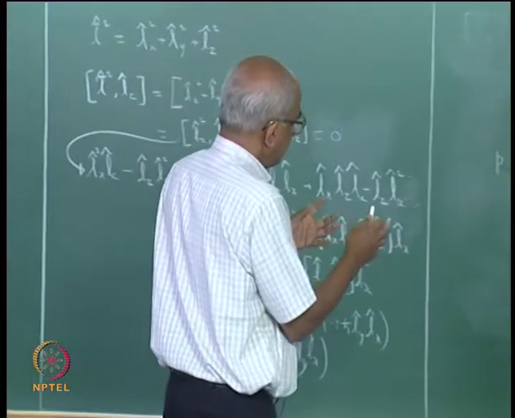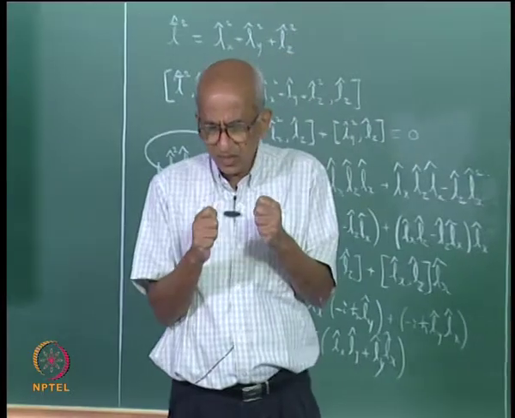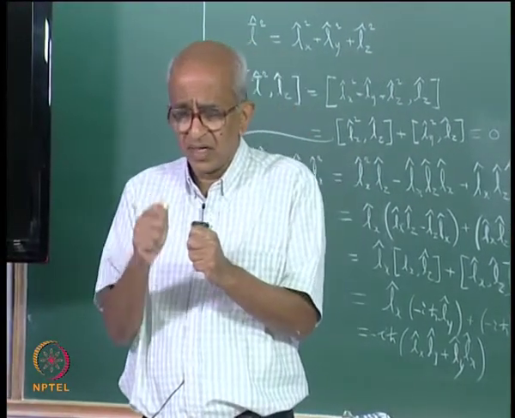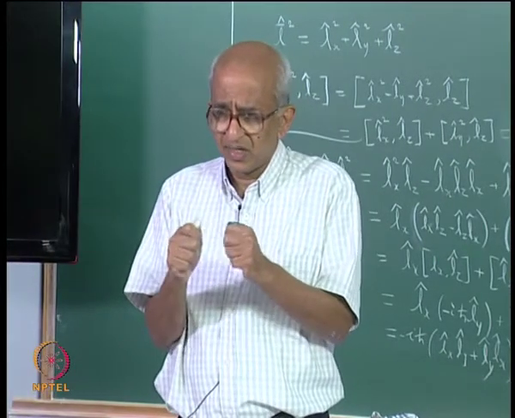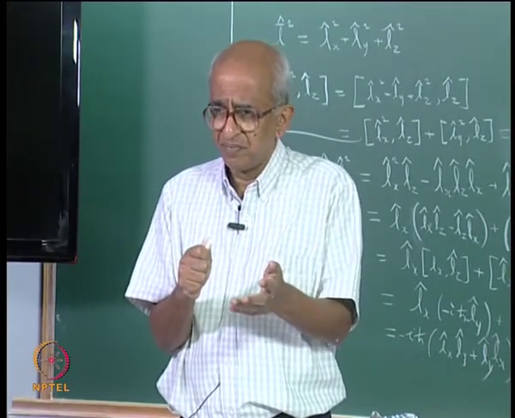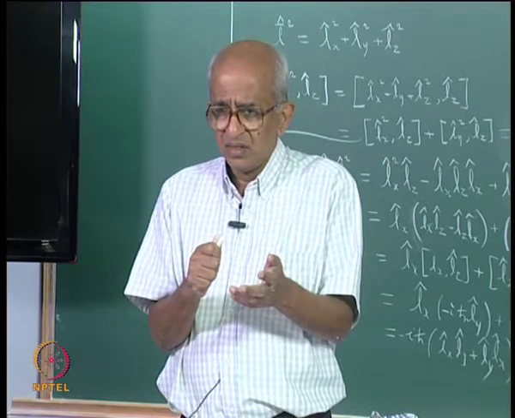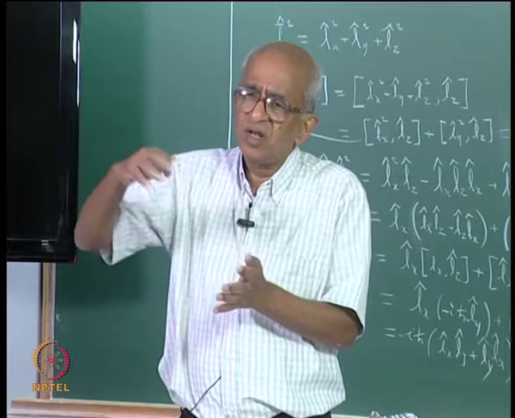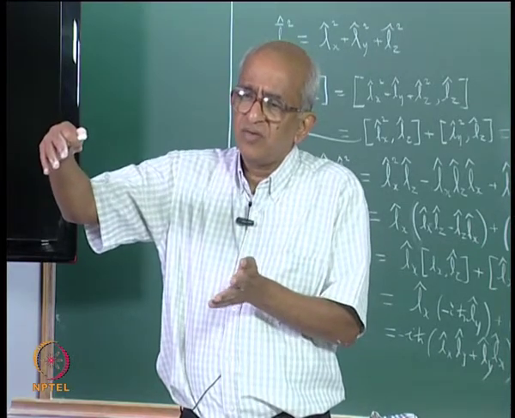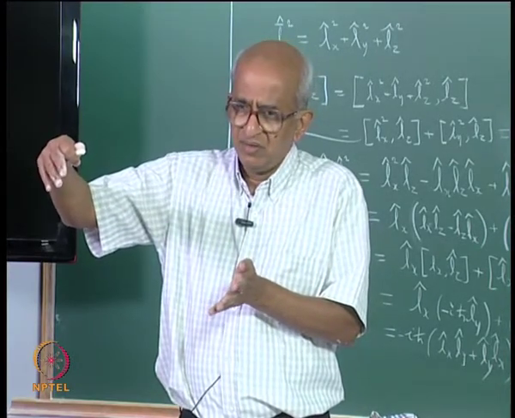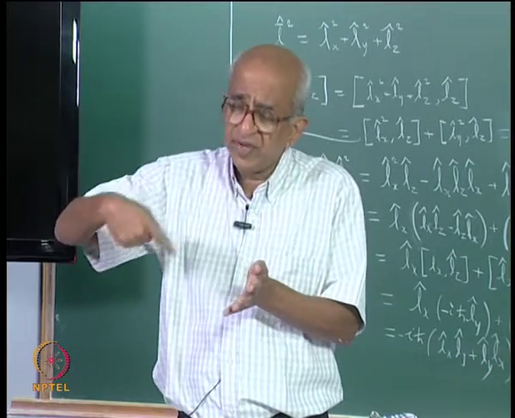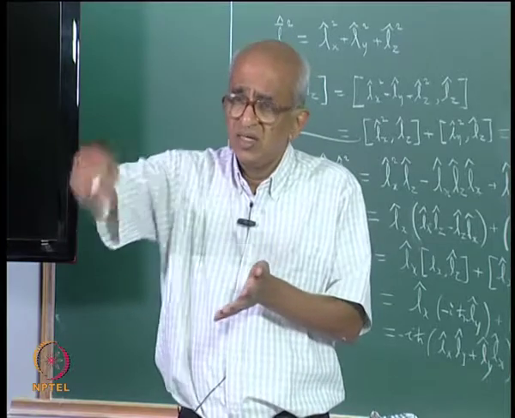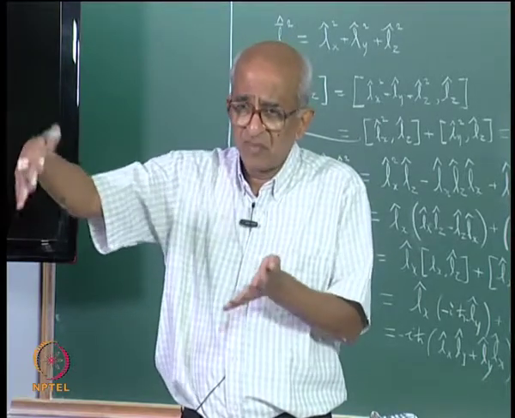So, if you think about it, what it says is that for L equal to 1, I have 3 different possible states characterized by different values of m. What are they different in? They have the same value for the length of the angular momentum vector. And therefore, if you thought of kinetic energy for angular motion, they will have precisely the same value, because the length of the angular momentum vector is the same.